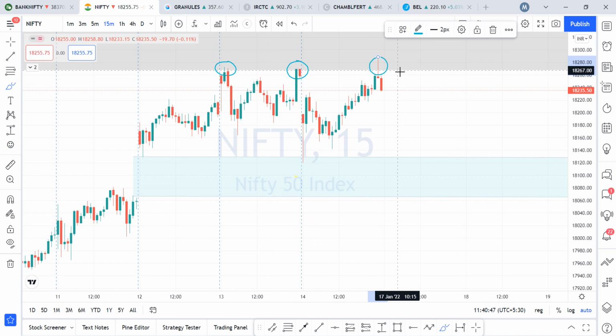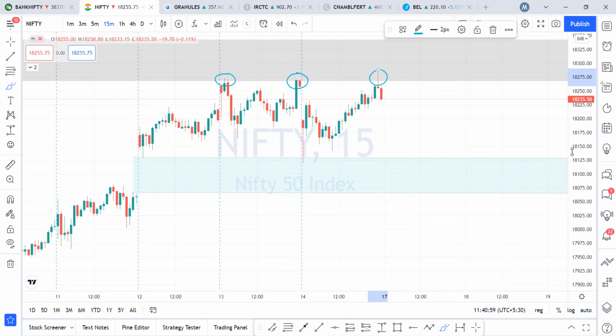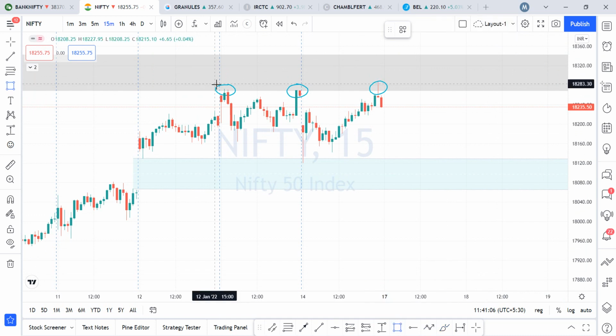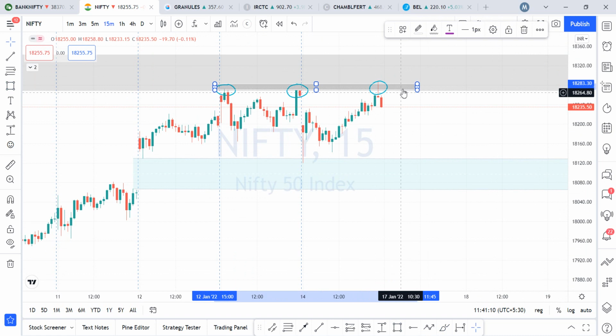Whereas we were bullish in Bank Nifty, so what can happen is that Nifty can also, with the help of Bank Nifty, try to reach these levels once again. Probably it will try to break above as well. So in that case, once again, I've got my key decision point. The only area where I would be looking for a buying opportunity in Nifty is just above this zone. So do not touch Nifty before